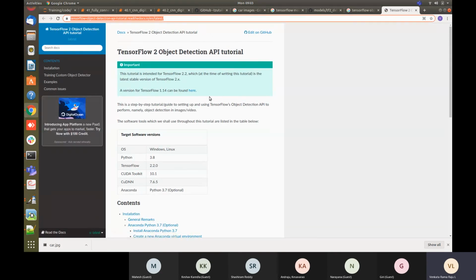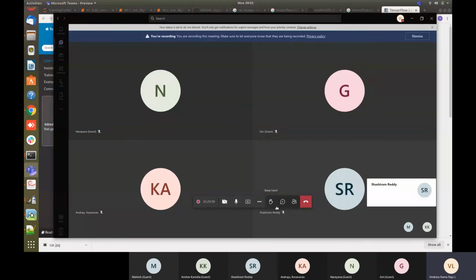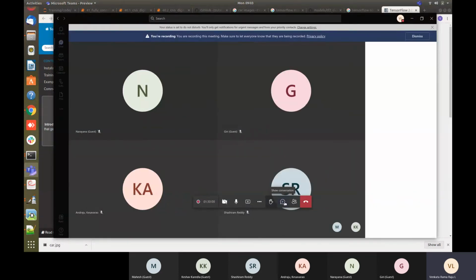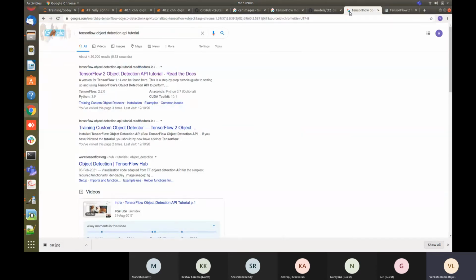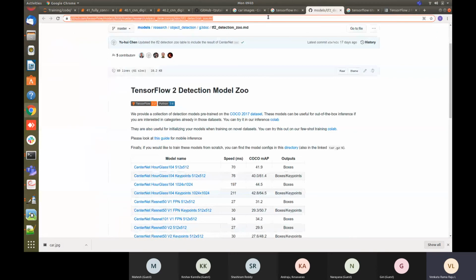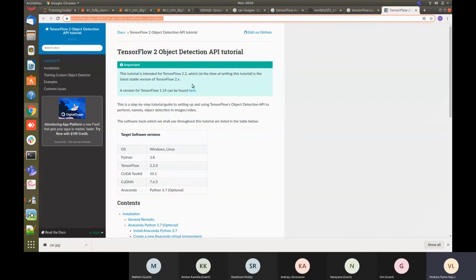This is a very good resource, and it is very easy to do. Object detection in real time is very easy to do. Just follow the instructions here and do it. Please do it. So this is one resource, and from this is where you can actually take the model you want,